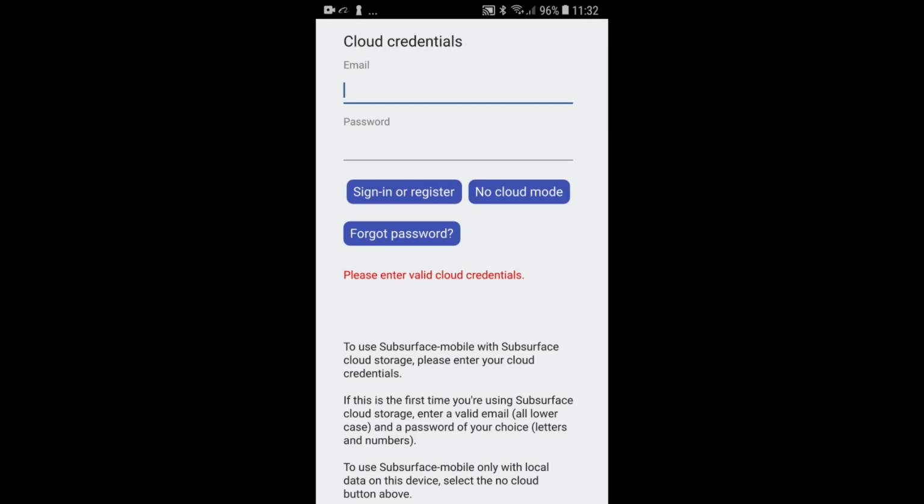If you wish to use no cloud mode, tap the no cloud button. You will be presented with an empty dive list to which you can start adding dives as described at the end of this tutorial. If you choose cloud mode,